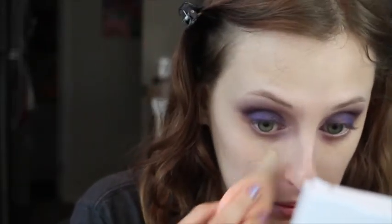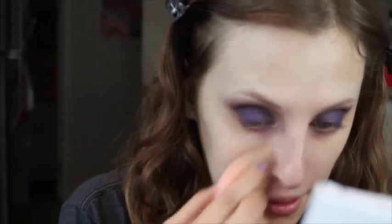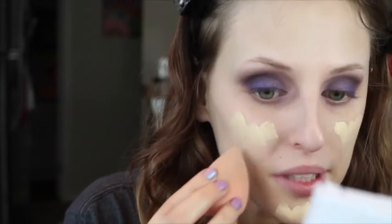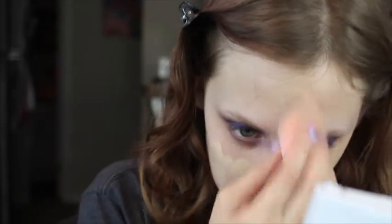I haven't tried this foundation yet, so I got this when I made my order. This is the e.l.f. Light Ivory. I hope this color matches, or works. We'll see. A small amount. This is the lightest shade, so we'll see. Use my Shop Miss A sponge. A little bit yellow, but my other foundation is so pink, and I'm not that pink. So I'm just gonna put it on, then I'll blend it out. I think I put too much on. Yeah, this is definitely more yellow than I am, but